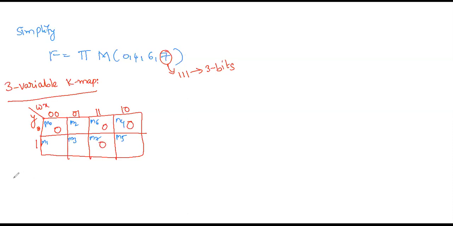Next, after applying K-map, generate all prime implicants. What is the step 1? Generate all prime implicants. So write down prime implicants. In grouping, we have to look for 8 max terms as a group first, then look for 4 max terms, then look for 2. Here 8 max terms as a group not possible, 4 max terms also not possible, then look for 2. So this is one group, this is one group, and these two also are adjacent to each other. So this is one group.